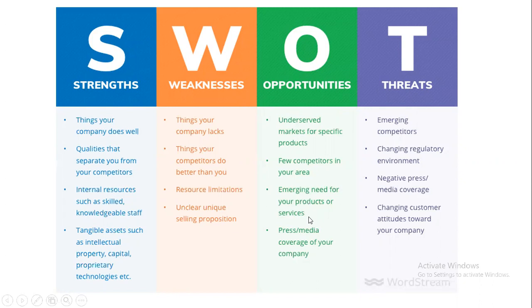If many products of the same type are there, why does the customer have to buy only your product, or why do they want to take only your service? That means you should be doing a very good job. You should be providing a very good price with good quality and then good support. After that, if anything is there, you will be assisting them. Then they are definitely going to give it to you only. So like that, the emerging need for your products or services.